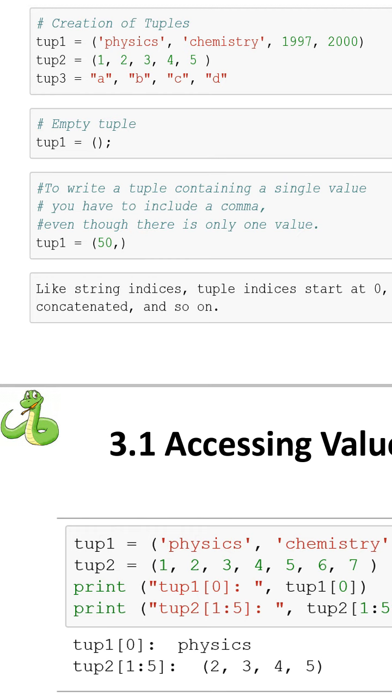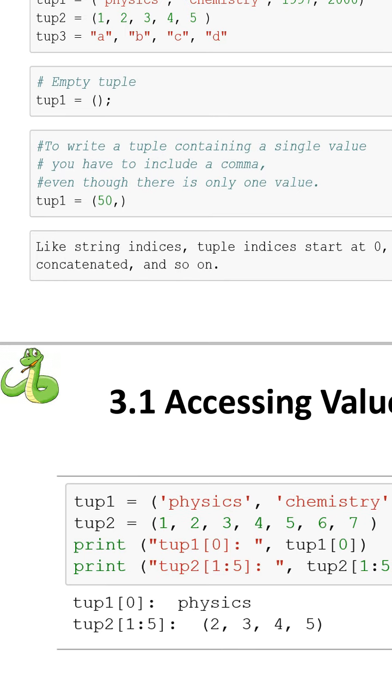What I mean is, in the example below, tuple 1 is equal to 50 comma. If you initialize only 50 without ending the tuple with a trailing comma, then we will get an error. It should always end with a trailing comma if our tuple has only one value.